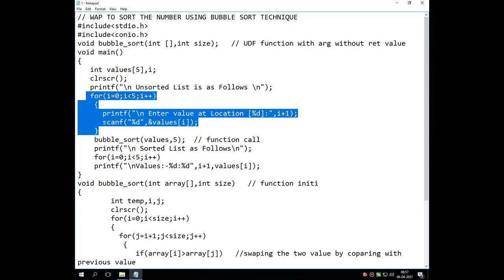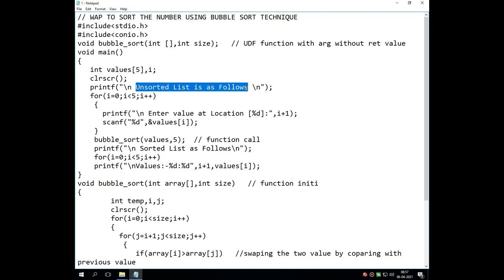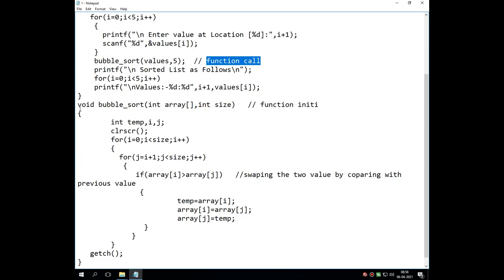So using this for loop, it stores any 5 values inside the array, which is actually the unsorted list of numbers. Then it passes all these values into the function called bubble_sort by function call. Once the function call has been done, it stores all the unsorted values in this selected array and the size called 5 in this variable called size.